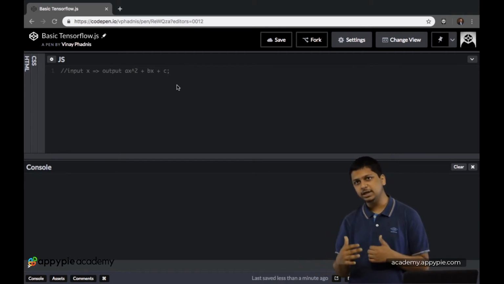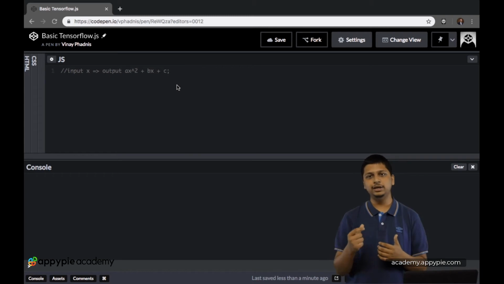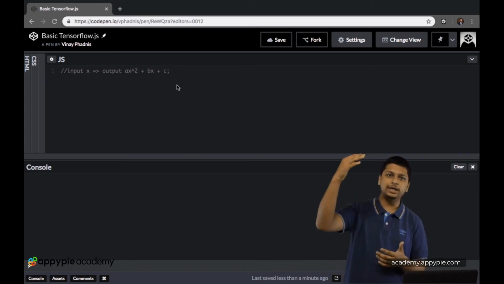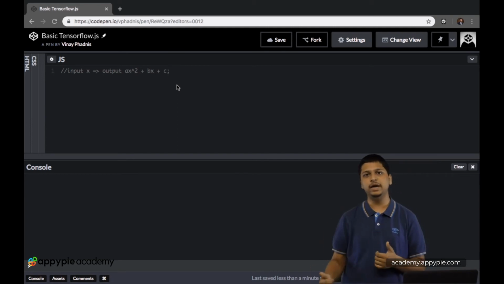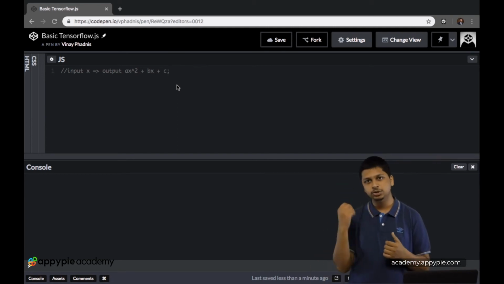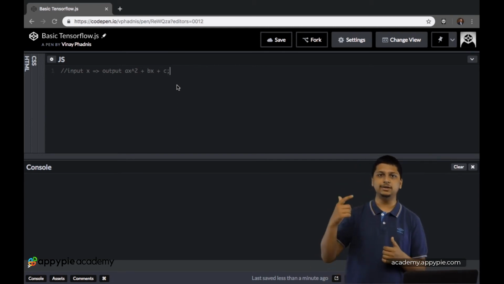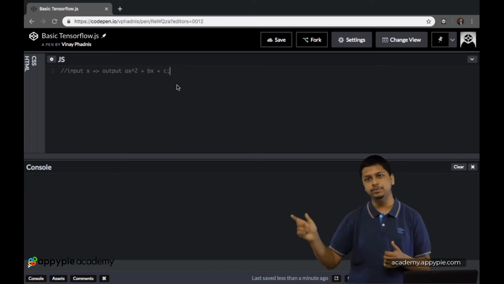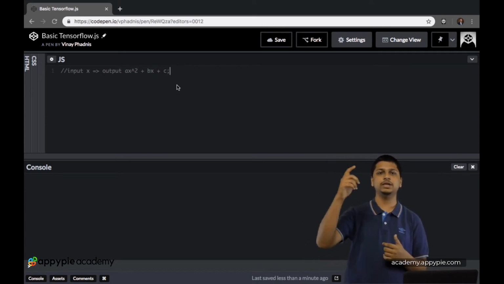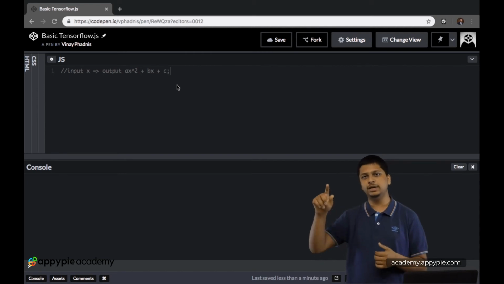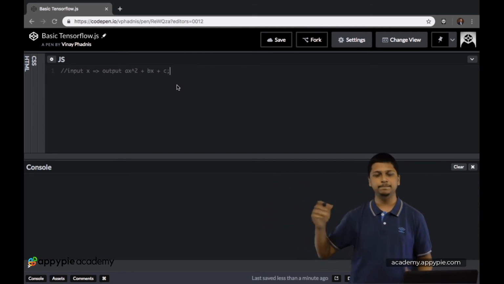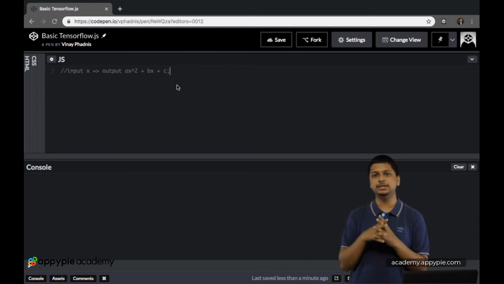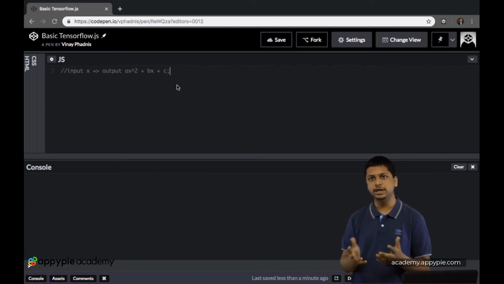And then after that particular method, write another line of code which will basically call that method by giving in a particular value of x. So let's say you use 2 over there, then it will calculate 4a plus 2b, which is basically, 4 is 2 square, so a into 2 square plus b into 2 plus c. So that is basically what is required for this particular project.